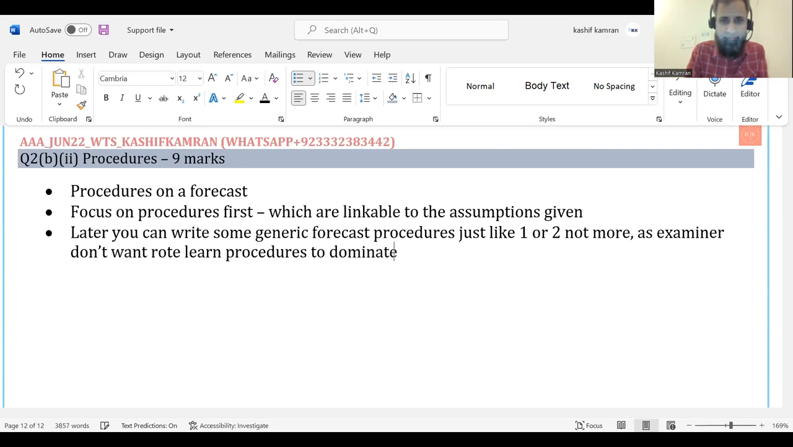to dominate specific procedures. When you even look at the examiner answer, it also contains rote learned procedures for forecast. But when you are writing 9 procedures, you cannot write 6 rote learned procedures. Very bad, very bad. In your total list of 9 procedures, you can just have 2 procedures which are generic procedures on forecast, but the 7 of them have to be specific. That is good. But if the majority of your procedures are rote learned and only a few are specific to the assumptions,